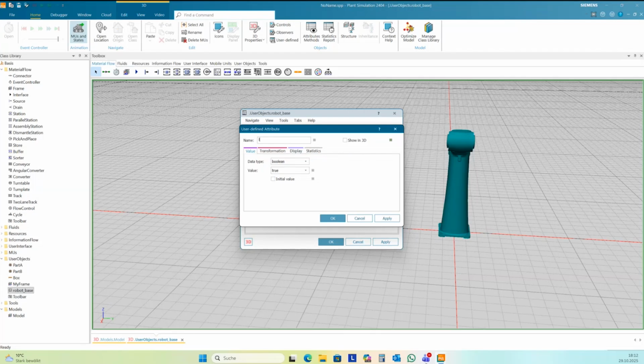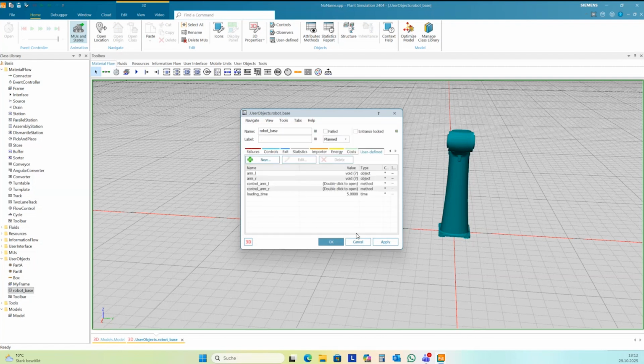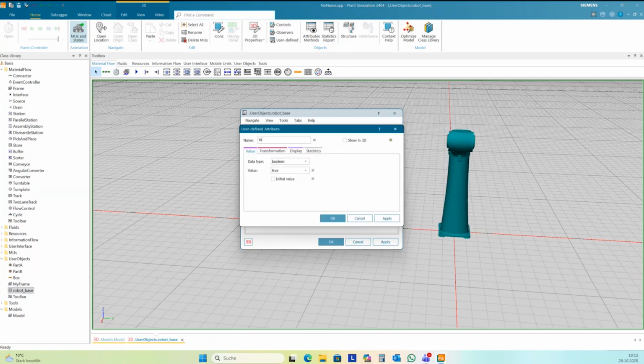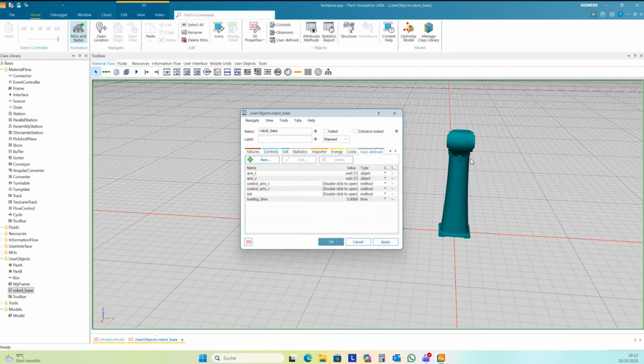One loading time, as time, you can set it to 5 seconds. And I need an init method in this object. The init method should create both arms and call the control for arm left and arm right for the first time.